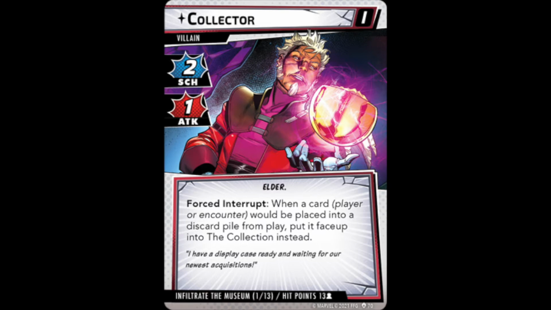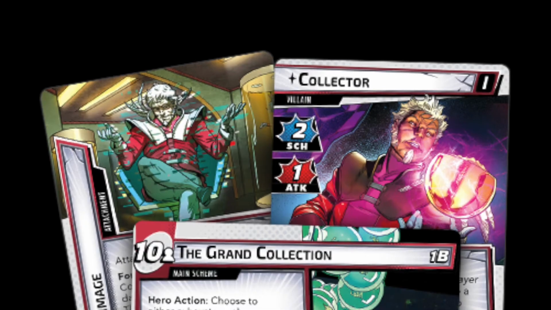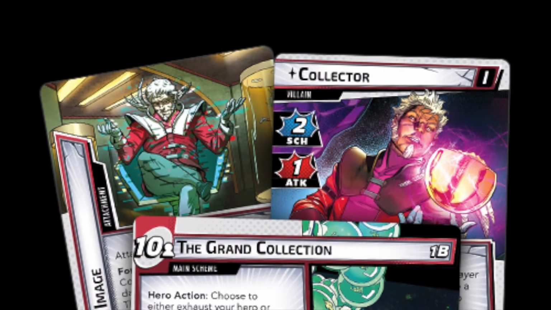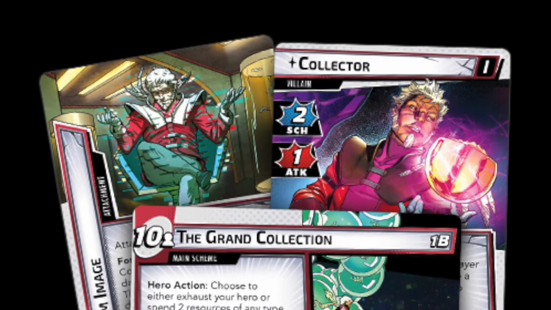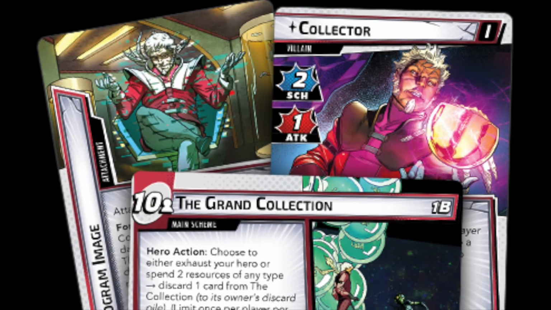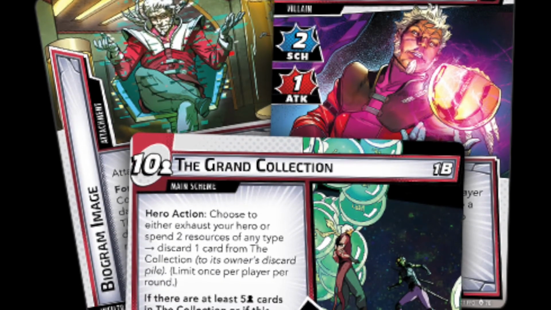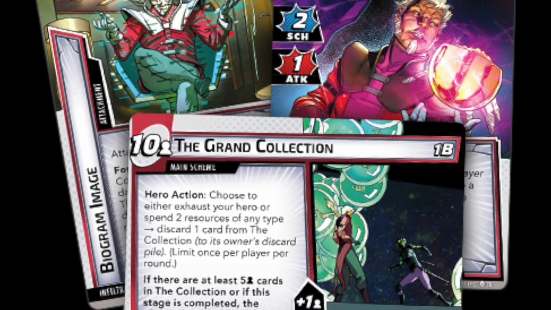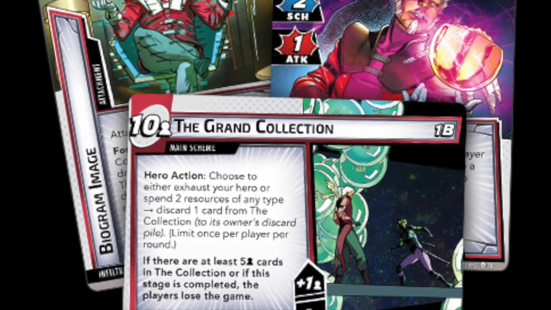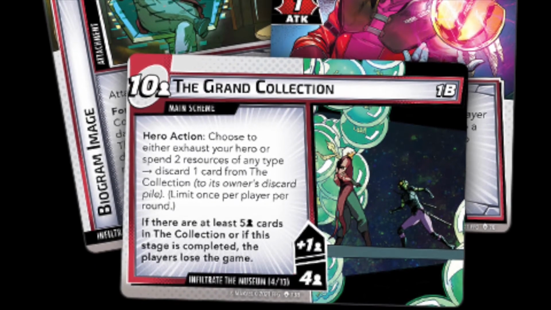The only shot we have of his main scheme, called the Grand Collection, has 10 threshold for threat. It's got an action, which says a hero action: choose to either exhaust your hero or spend 2 resources of any type. Cost arrow, discard 1 card from the collection to its owner's discard pile. Limit once per player per round. And then it has bold text: if there are at least 5 per player cards in the collection, or if this stage is completed, the players